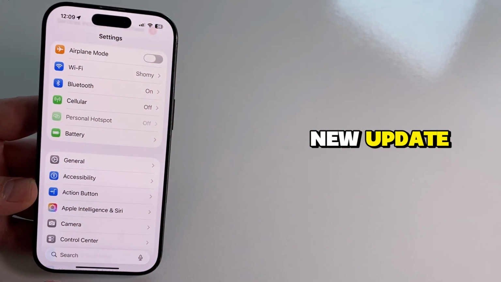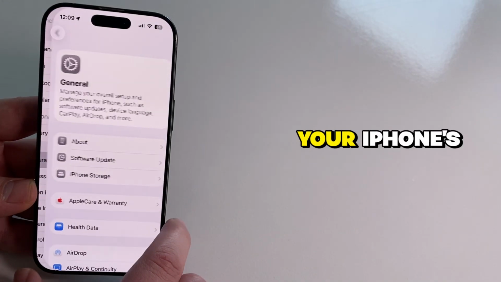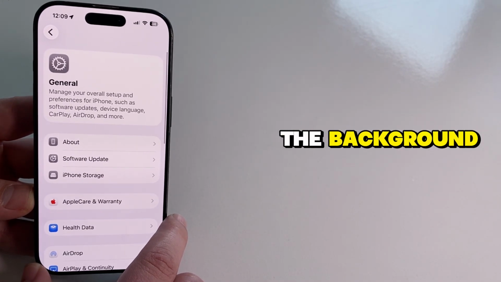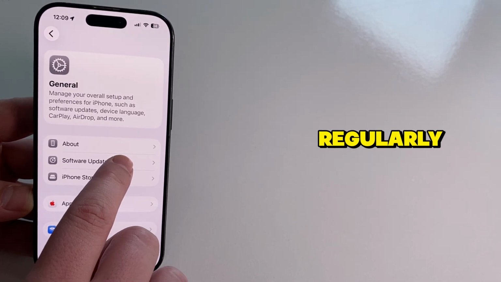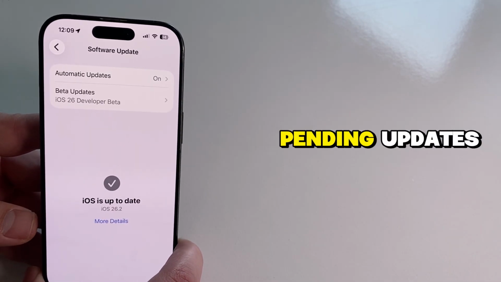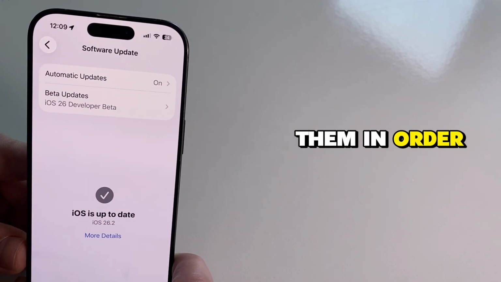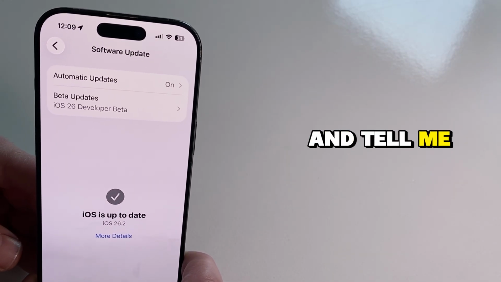Also, this is a new update, so there may be bugs and performance issues which can drain your iPhone's battery life in the background. So what you need to do regularly is to go over to your software update page and check if you have any pending updates. If you do, download and install them in order to fix those bugs,